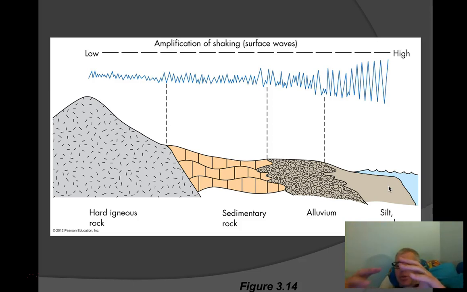And then the next time there was a big earthquake, the things they had built on that area shook almost like a bowl of jello, and it really damaged a lot of the buildings. Mexico City is an example where that used to be a large lake and has been filled in, but it's more like silt and mud, and so when it has earthquakes, it tends to shake really badly too.